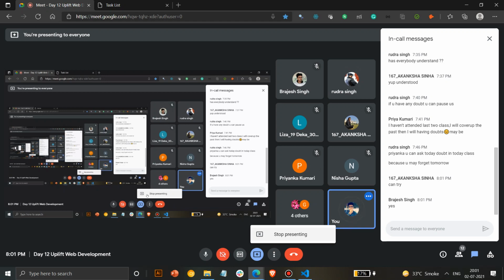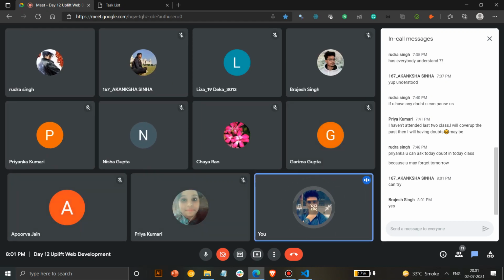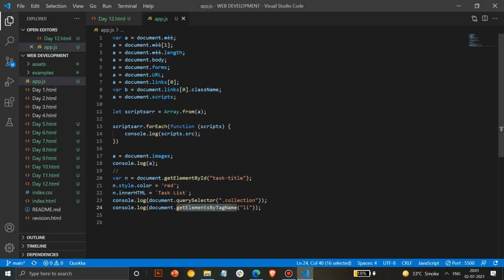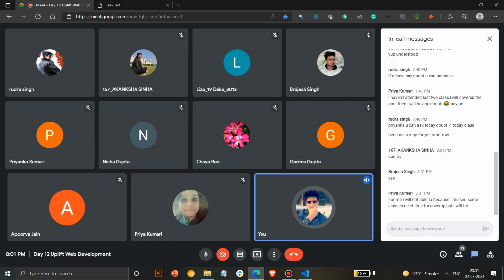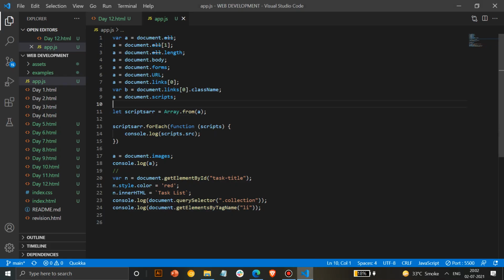As most of it is done, we'll give a small assignment then. Whoever is able to do it, you can post it in the group. Just by clicking a button, you can try making a table or something like that. I missed some classes. That's okay, if you have missed classes, that's completely fine. Don't worry, no issues. You can take time and do it, but just do it sometime. That will be something new for you.